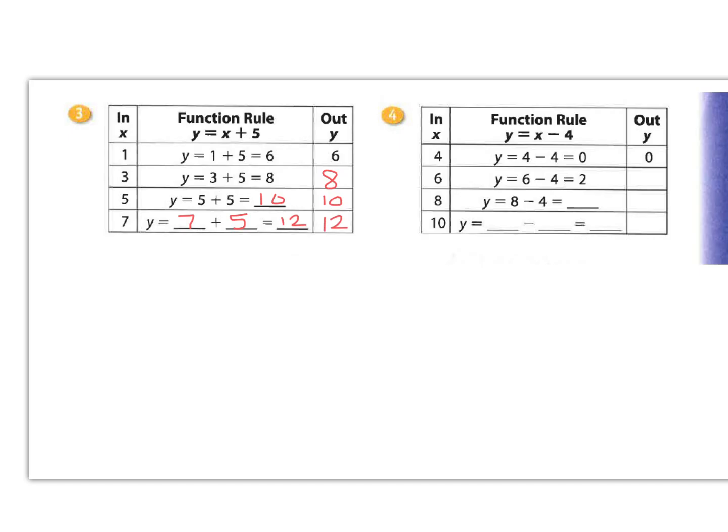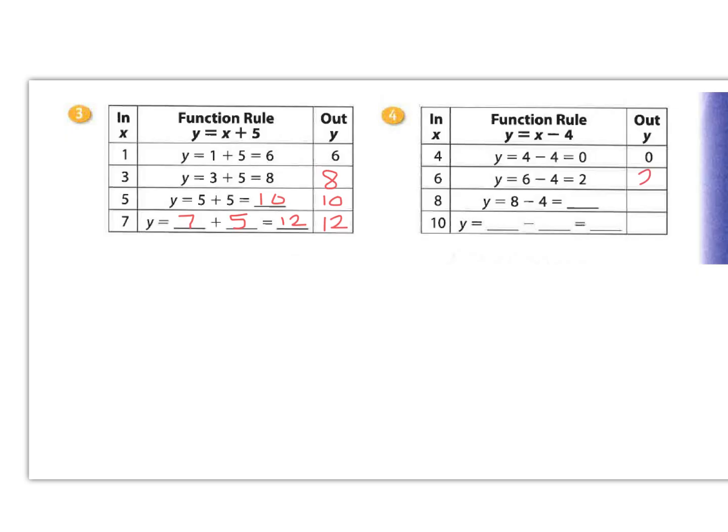So it's nice when it's in a data table like this. It's all organized. We have the input, function rule, output. So the input here we have x, 4, 6, 8, 10. Function rule is y equals x minus 4. And then our output is y. So the first one, y equals x minus 4, substitute 4 in for x, and you get 0, so the output is 0. Here, x is 6, so you substitute 6 in for x, 6 minus 4 equals 2,